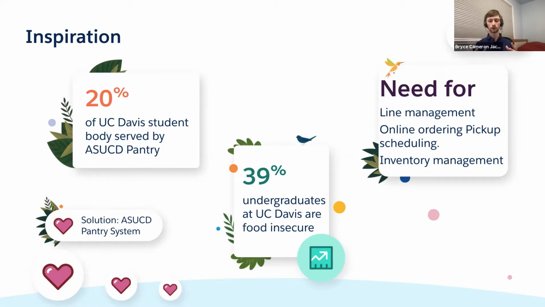So we realized we needed an online ordering system to basically allow students to say ahead of time what they wanted, so they could just come in, quickly pick up their food and leave, and minimize exposure time, and thus minimize the risk of spreading COVID-19, but also allow the pantry to serve more students more effectively. And in order to have that, we needed an inventory management system. So that's really how we went through the full stack, so to speak, of all the different parts of this